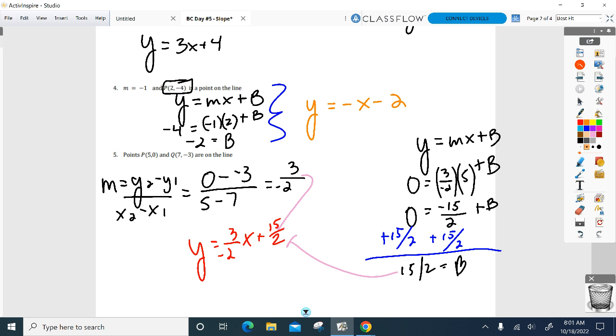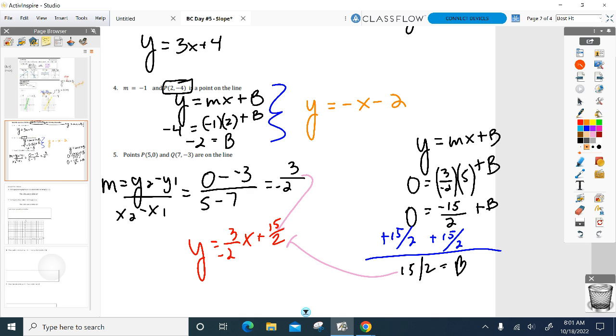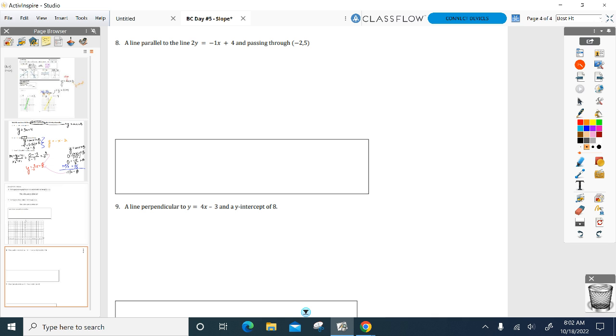Anything else? Okay, so how does this tie into what we're doing in this unit? Why am I reviewing all this? What's the name of our unit? Not our course, our unit. If you look at unit 3, this is called what? Parallel and perpendicular lines. So why are we doing slope? Because now what we're going to talk about is, and I think you talked about it last year,